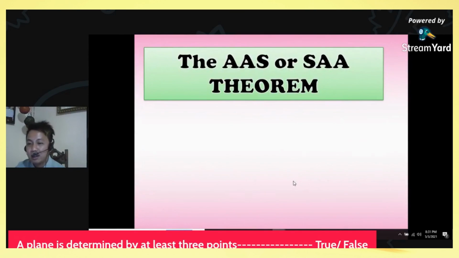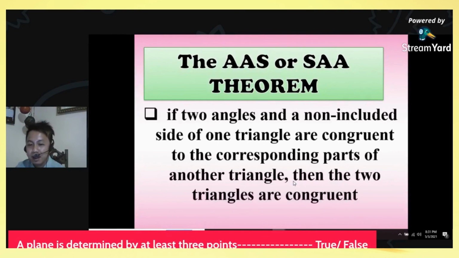Next, the AAS, or the SAA theorem. If two angles and a non-included side of one triangle are congruent,